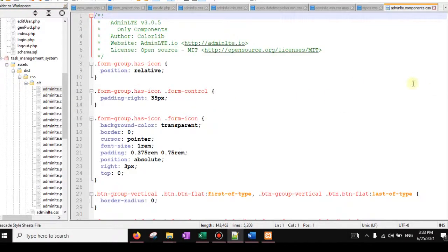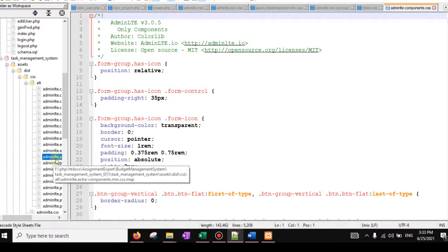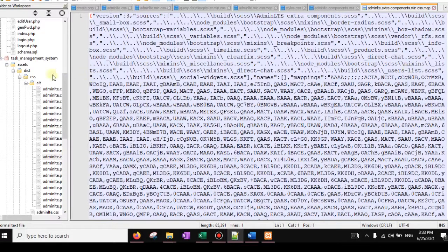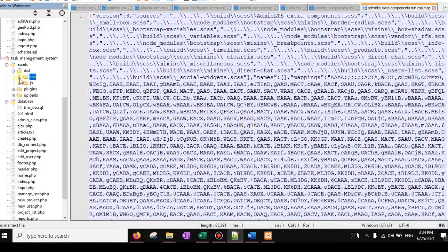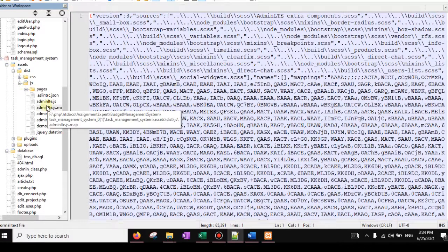This is the admin panel. Sorry, this is the CSS style sheet which we are using in Bootstrap, and from Bootstrap we are designing these templates, and this is the JavaScript.